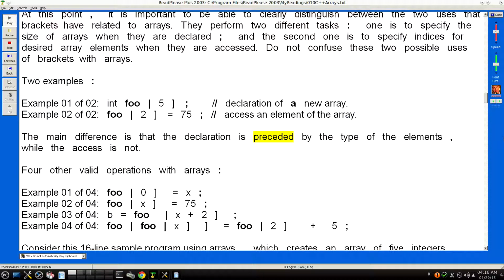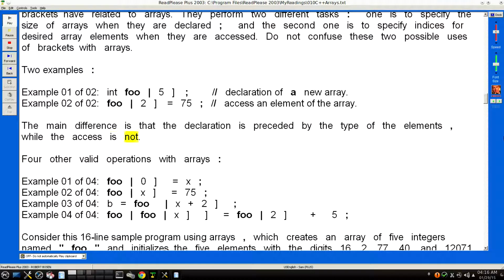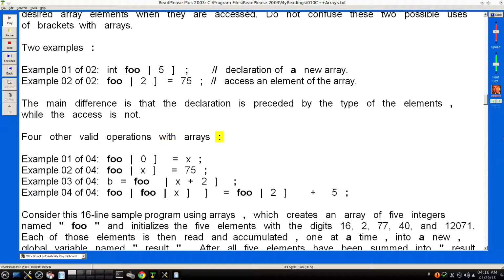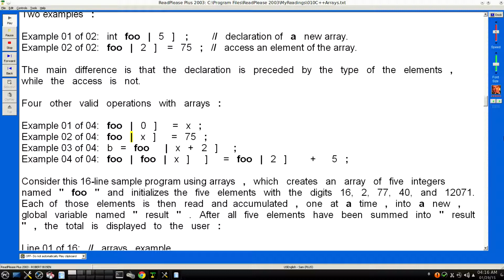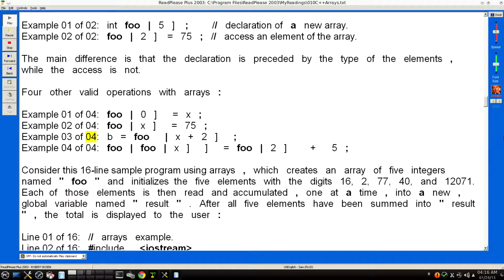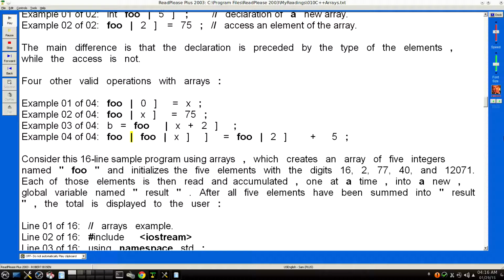The main difference is that the declaration is preceded by the type of the elements, while the access is not. For other valid operations with arrays: Example 1 of 4: foo[0] = x; Example 2 of 4: foo[x] = 75; Example 3 of 4: a = foo[x+2]; Example 4 of 4: foo[foo[x]] = foo[2] + 5;